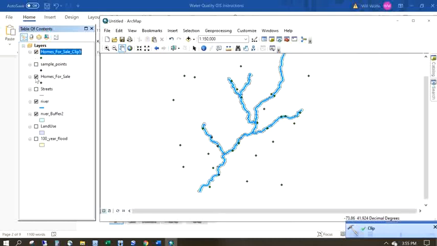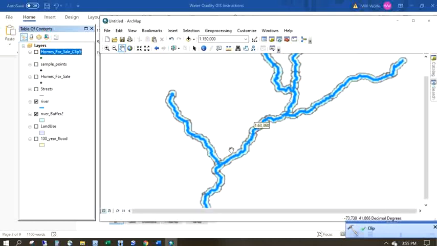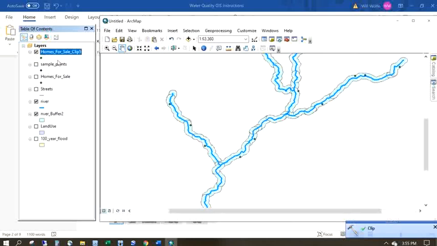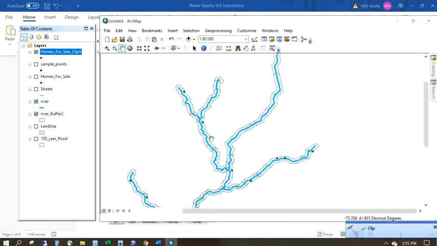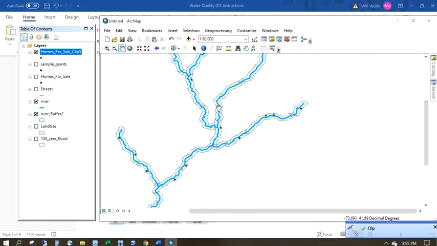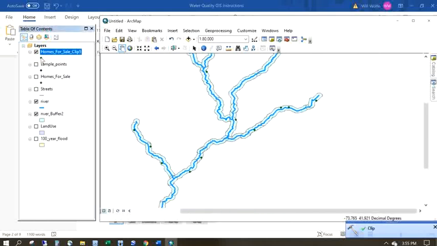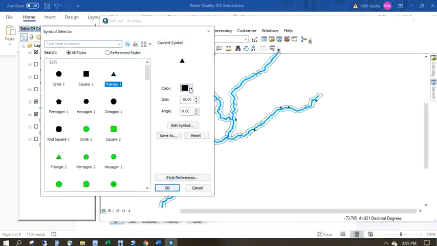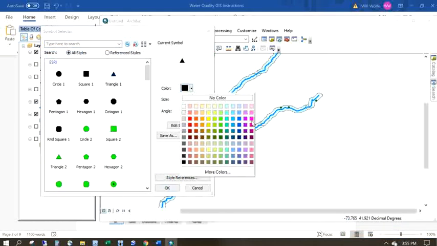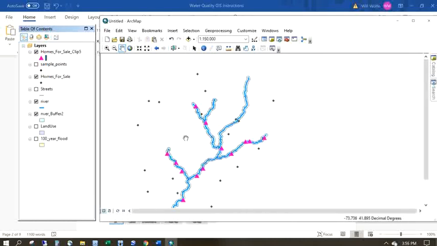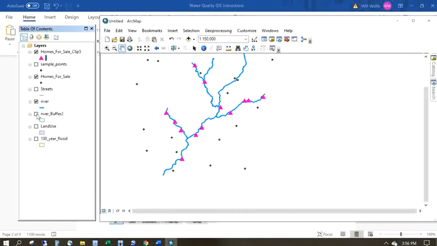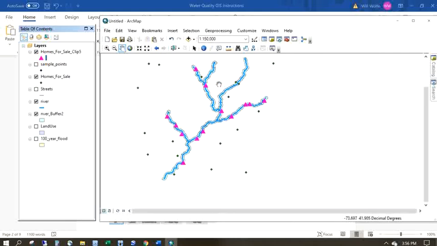So if we turn off homes for sale, let's turn off everything. So now we've got the river and the river buffer. And we click on homes for sale clip, and it's only the homes that are within the river buffer region. So this is the final step in part 3. I think right now we'll go ahead and change the symbol for that so that they're a little bit more apparent. We'll make them big old pink triangles. Okay, and now we can see we have all of the homes. We have the river buffer and the river, and then isolated here are only the homes that are within the